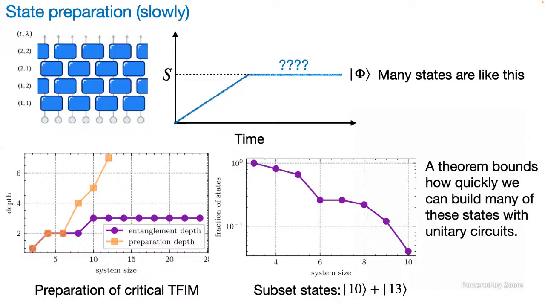No, I just said this in a confusing way. There are millions of these states. For some fraction of them, the depth required to build the entanglement is enough to build the state. But for the large majority of them, that's what this probability is measuring. It's just saying, look at all the subset states, or sample over many of the subset states. It just asks, for this one, can you build it in the time required to build the entanglement? Can you do it for this one? Can you do it for this one? And the upshot here is that for most of them, you need much longer circuits than the entanglement would suggest. Great, thanks for the question.